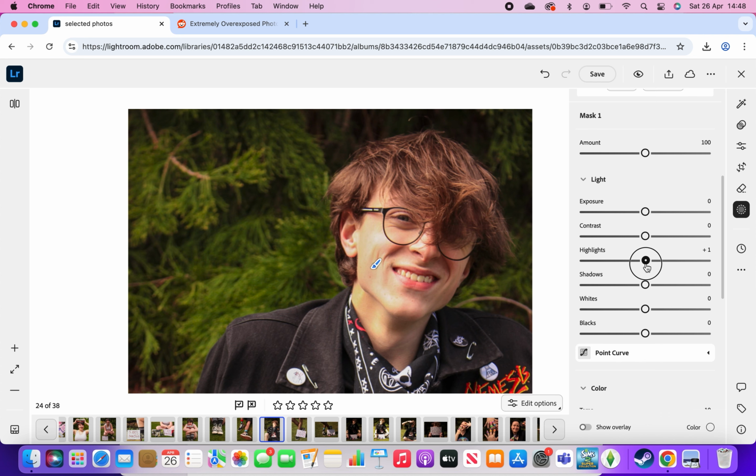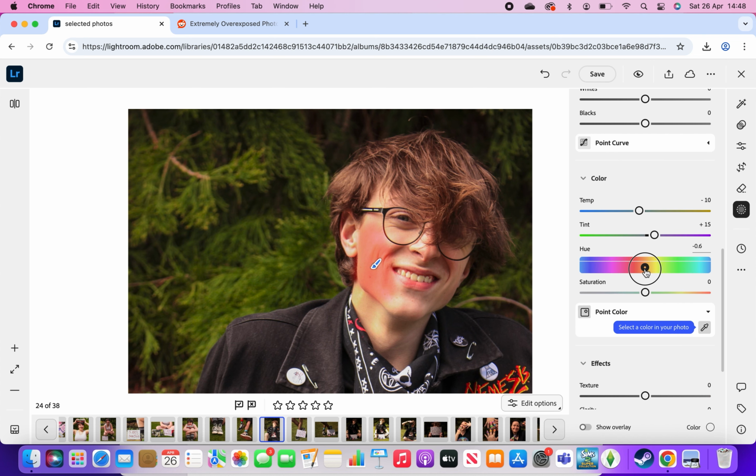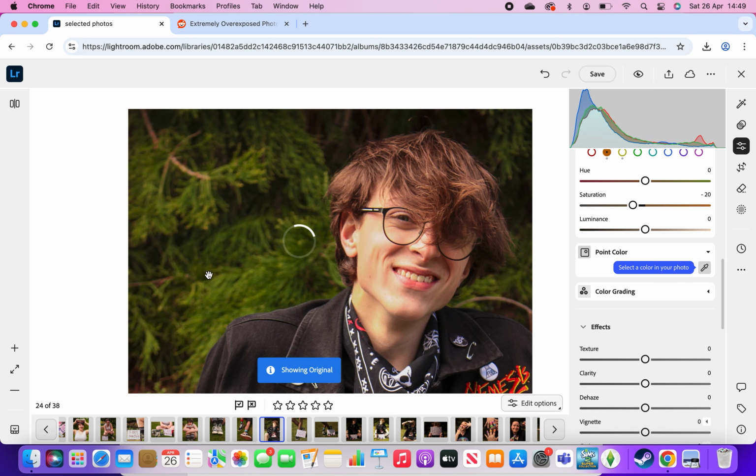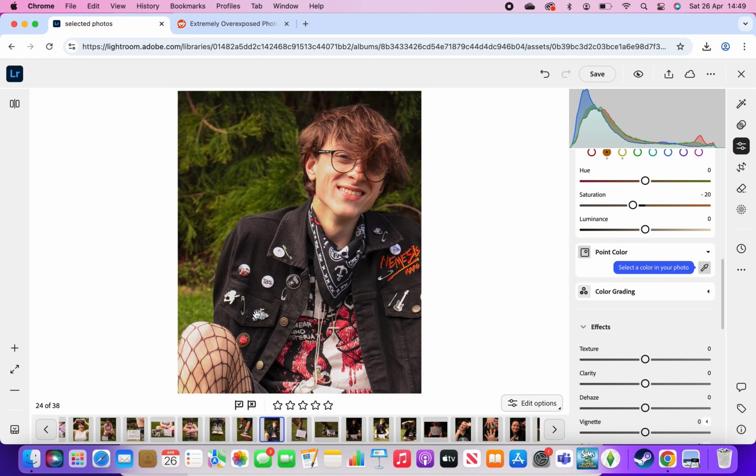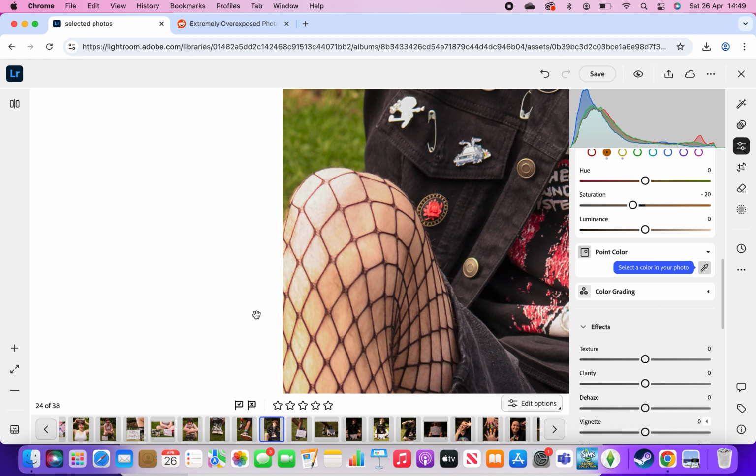And I also brightened that area of the face up ever so slightly because that was the side of his face that was towards the sun, so it made sense for it to be a little bit brighter. So I think then I tried to adjust the hue of it a little bit for a bit more sort of pinpoint adjusting, but some of that turned out to be a little bit too strong. So just messing around with the saturation, just increasing the pink tint rather than the yellow one,